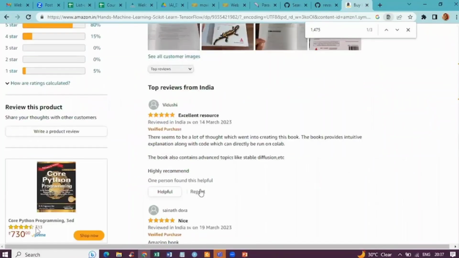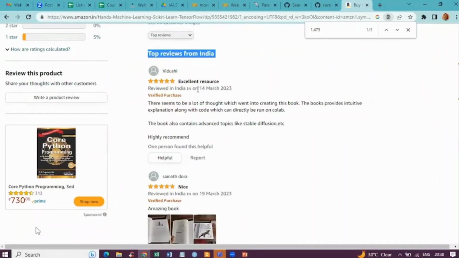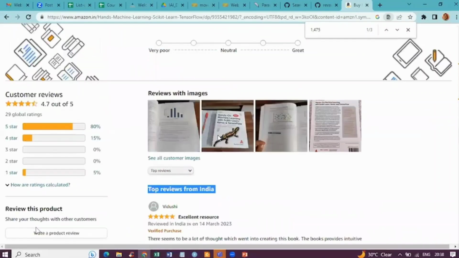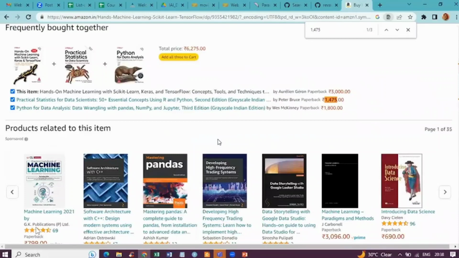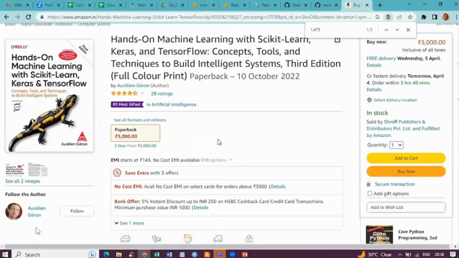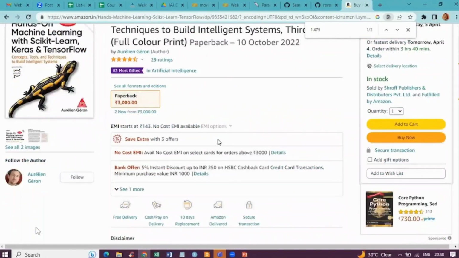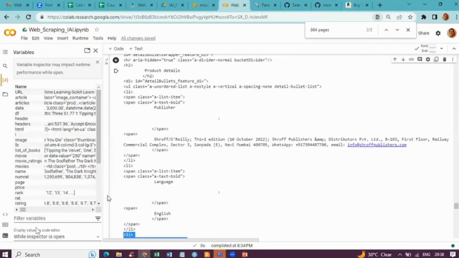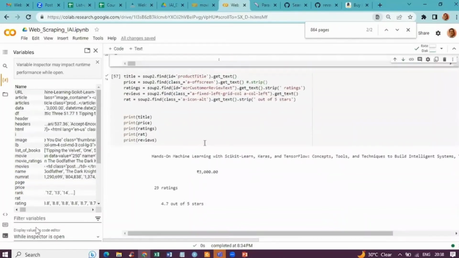Probably you may want to bring out top reviews from India, and let's say you want to print some of these reviews. So like this, you may have to do a little bit of extra workaround, trying to search for the structures within the entire data, and based on that get access to them. So basically, just as a simplified scenario here, now I can get all this information for